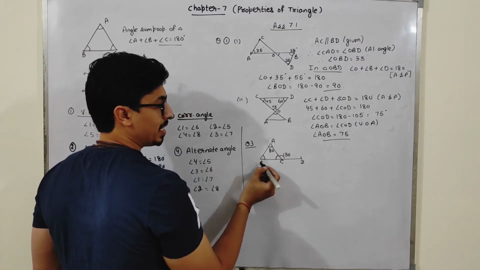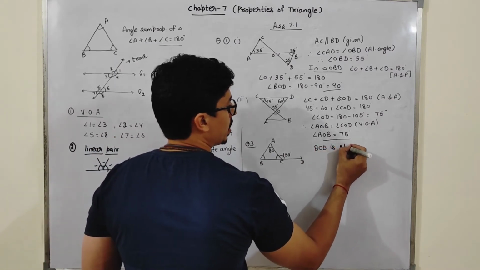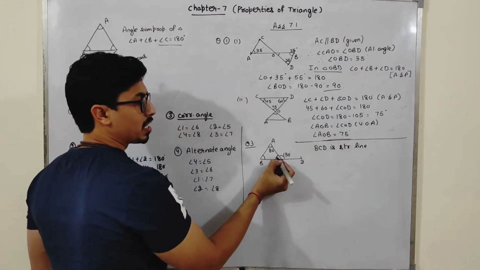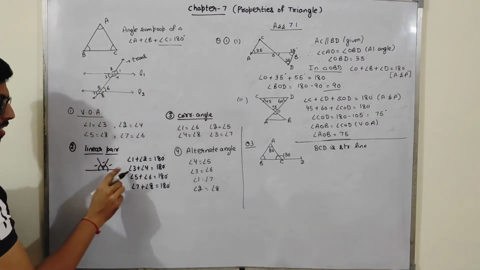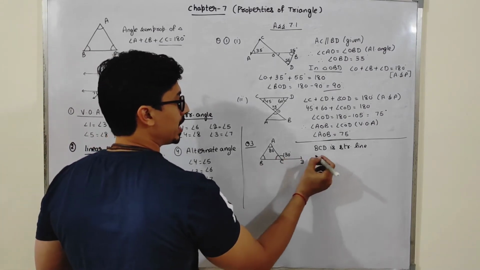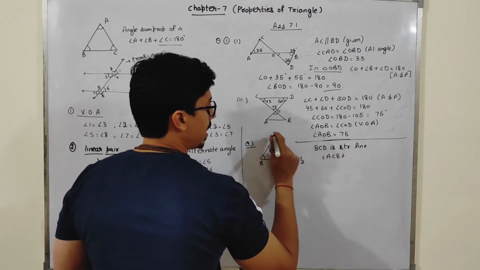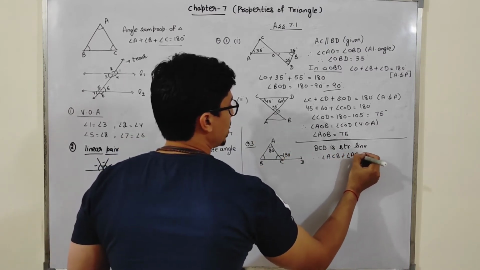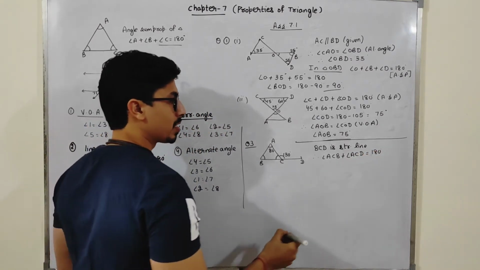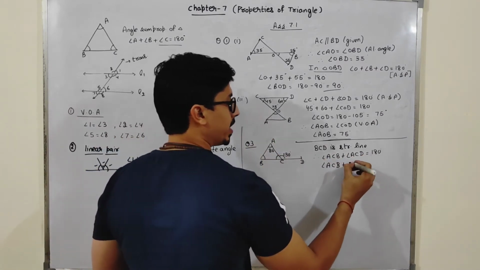This angle AC, BD is a straight line. BCD is a straight line. It is given to us. See, this is a straight line. Okay. So sum of these two angles. See, if I take a straight line, sum of the angles will be 180 degree because of linear pair. So sum of these two angles, that is ACB, sum of ACB and ACD, sum of these two will be 180 degree.